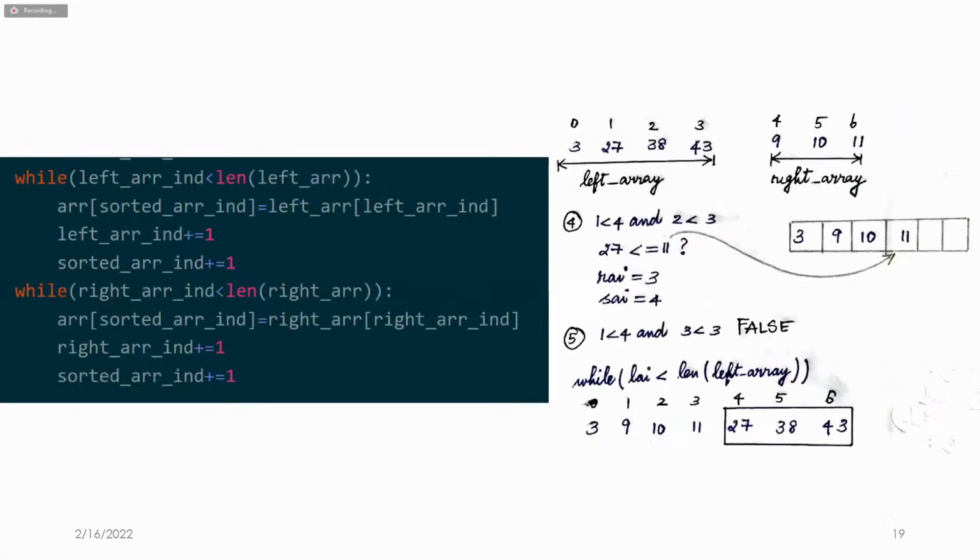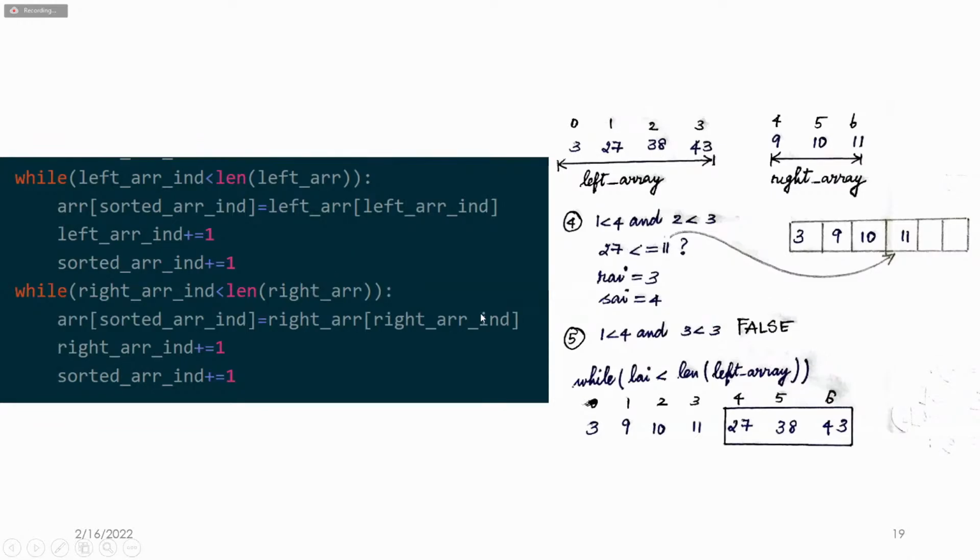But once it reaches step 4, 1 is less than 4 and 2 is less than 3, and 27 is not less than or equal to 11. So we insert 11 here and we increment the index of the right array. You have already inserted all elements of the right array, but you have some elements in the left array left to be inserted, which are 27, 38, and 43. So what you do here is